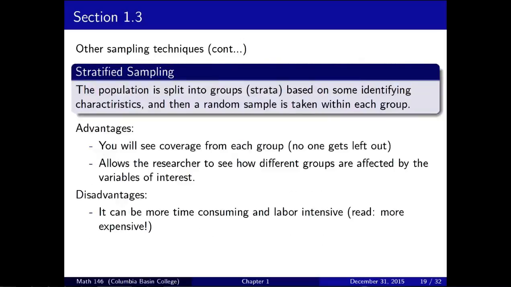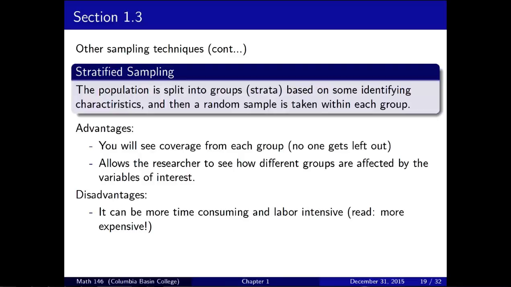All right, the next is a stratified sample. And in a stratified sample, the first thing you do is you split your population into groups, or strata, as they're sometimes called. This is why we call it stratified sampling. And the strata are based on some identifying characteristics. Then you go into each group and you pick a random sample from each of those groups. Okay, so as an example, if I was interested in how people feel about their garbage service in Pasco, I could split the whole city of Pasco into neighborhoods, and I could go into each neighborhood and take a random